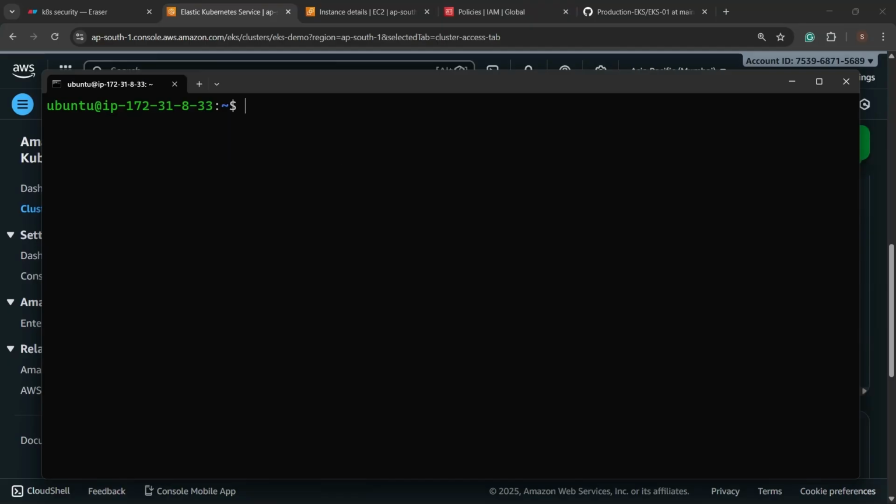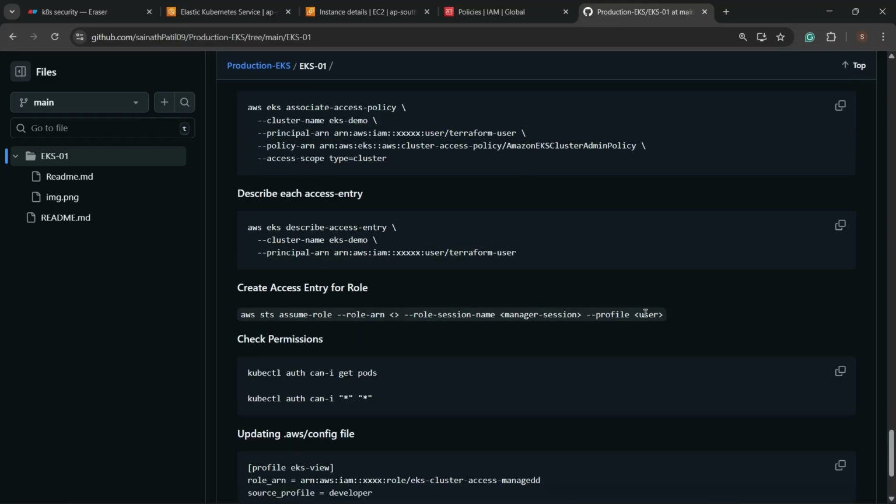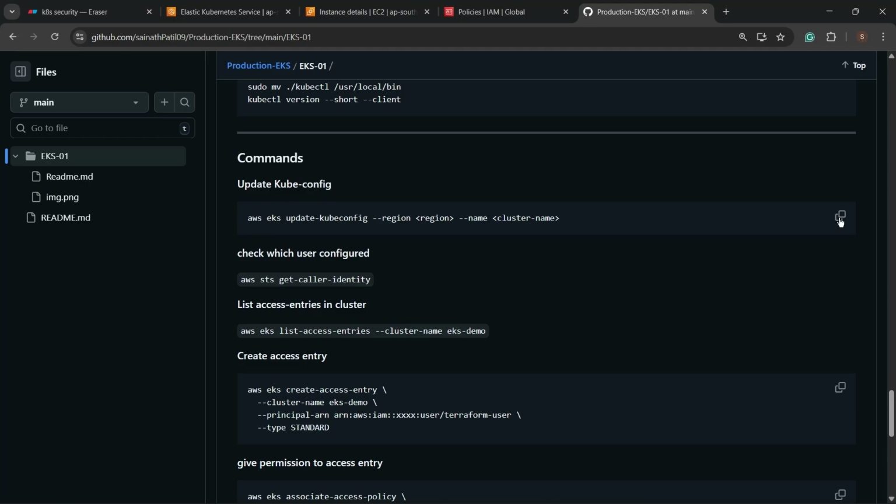If you want that request to go via your intern role, you need to again update your local kubeconfig using this command. Again, this is very confusing, so I highly recommend you stay connected with me. And if you get confused midway, rewatch this video, because this is the way you will understand. This was also very confusing for me when I started learning about this. So use this command,